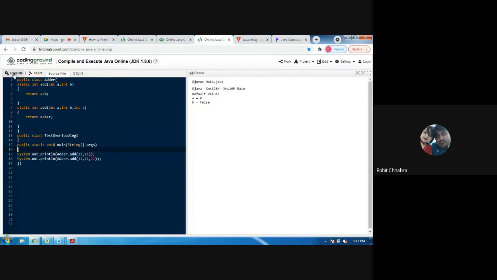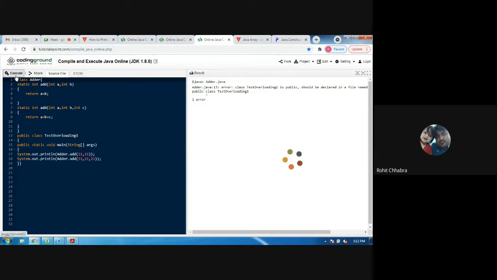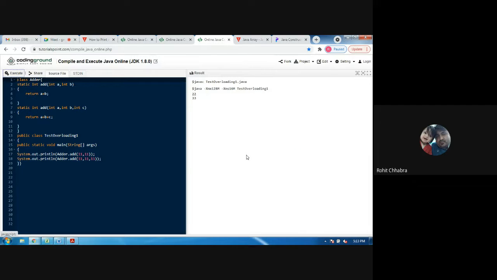Now execute this program. What will happen? When we pass 11 comma 11, it will automatically call the first method, that is return a plus b.